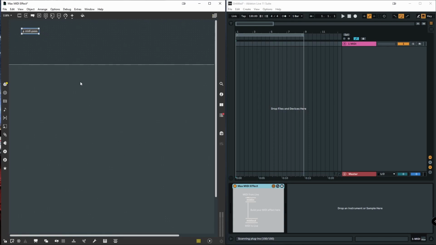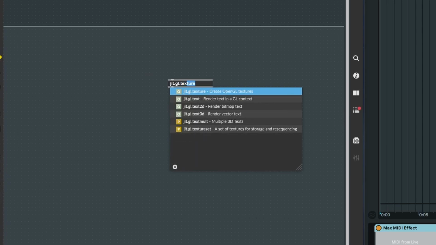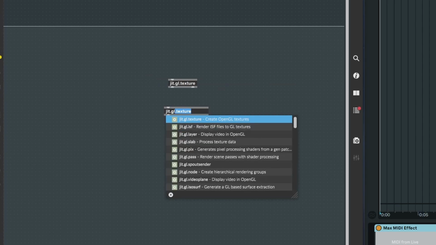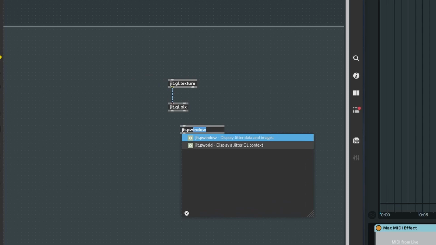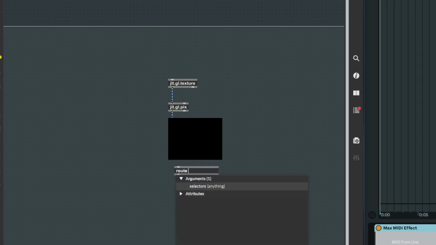Okay, cool. Now, next, what we're going to want to do is start by creating a jit.gl texture to drive the process behind jit.gl.pix, which we can create now. And connect those like so. And rather than creating a jit.world object, we can create a jit.pwindow. And that'll enable us to just render with this window without setting up the whole render context itself. And all we need to do is route a bang out of that